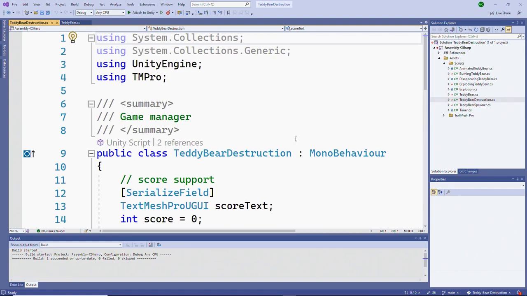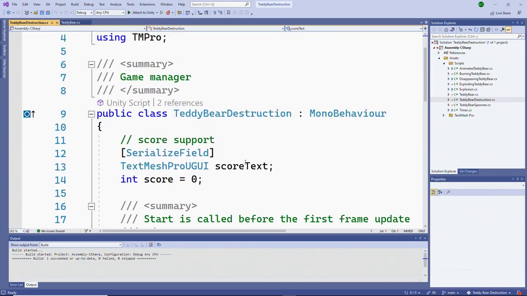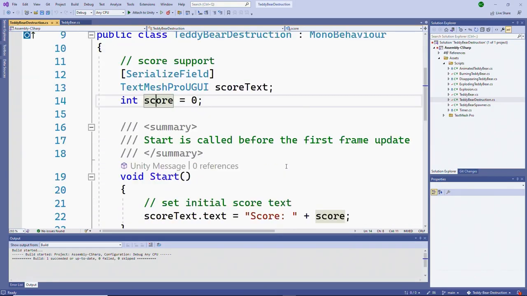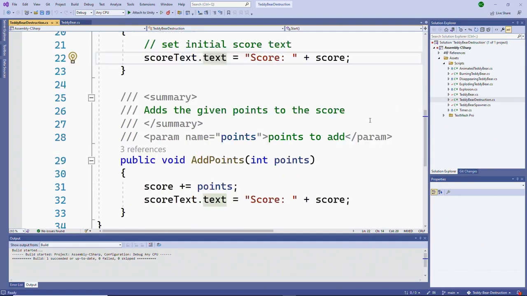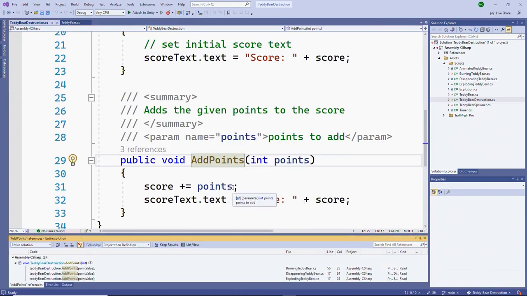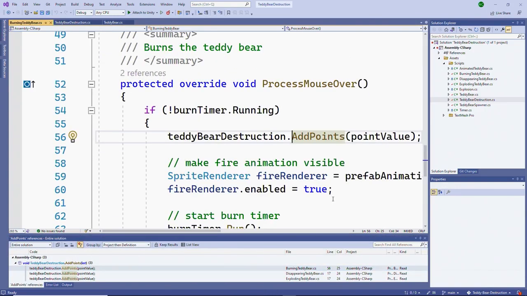Remember, we have a teddy bear destruction gameplay manager, if you will, but really this just does what our typical HUD does. I have score text and the actual score. And in start, I set my score text to score followed by 0. Then I have a public add points method that adds points to the score and changes the text. And if I right click add points and find all references, we can see that all three of the concrete classes, the burning teddy bear, disappearing teddy bear, and exploding teddy bear, all call the add points method to add